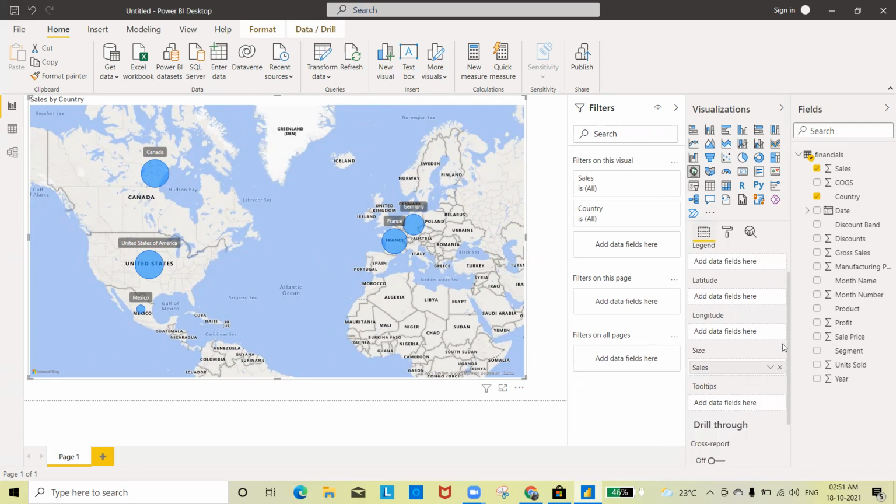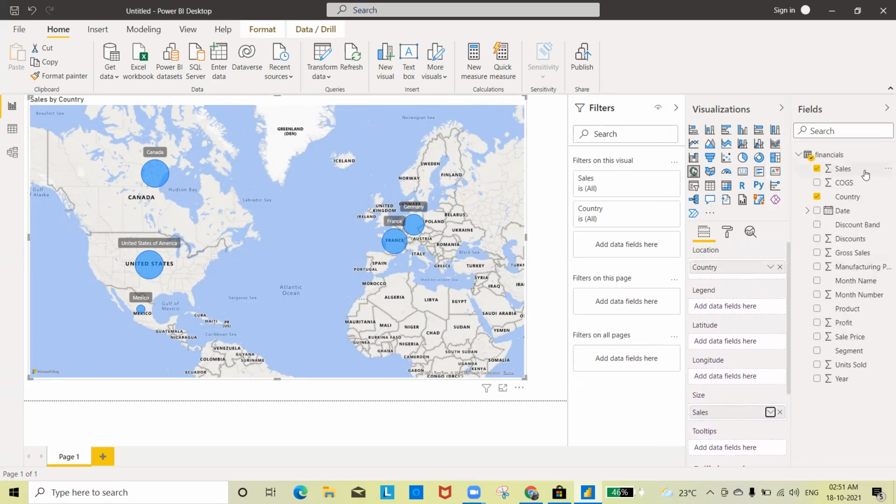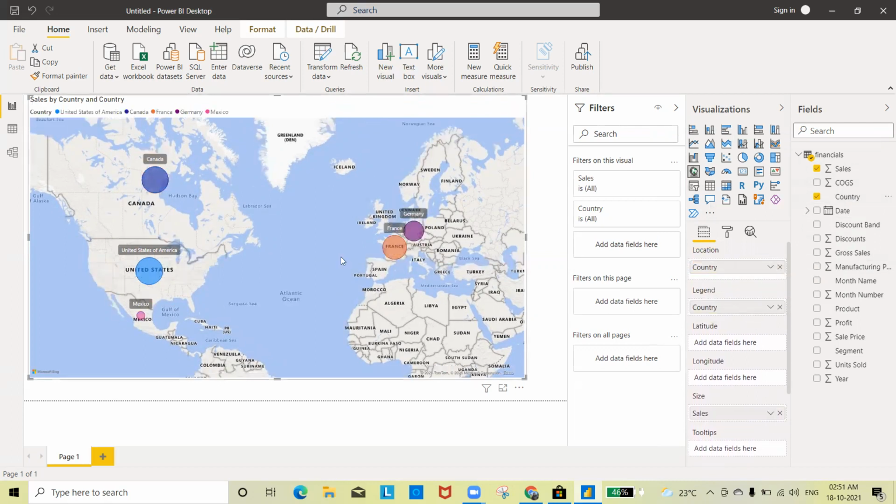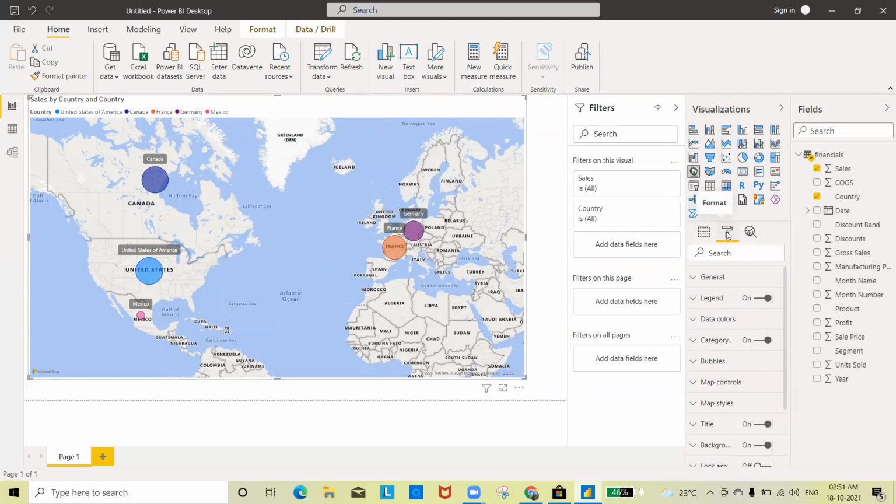Okay. So here I have given size as sales, and then I will give one more thing here, legend. So see, different kinds of countries are looking different here. This one is looking like some purple thing, and this. See, there are so many things to learn, but I just want to let you know, okay, how can you give the different colors? How can you give the different numbers here? And then you can go to this particular part and try to play around with this.